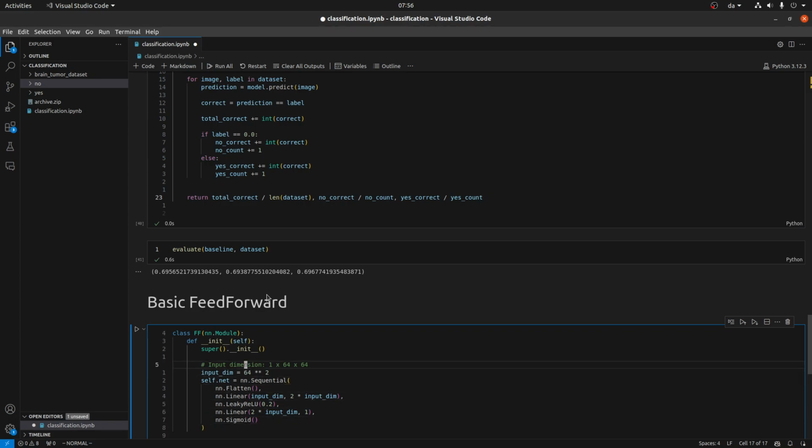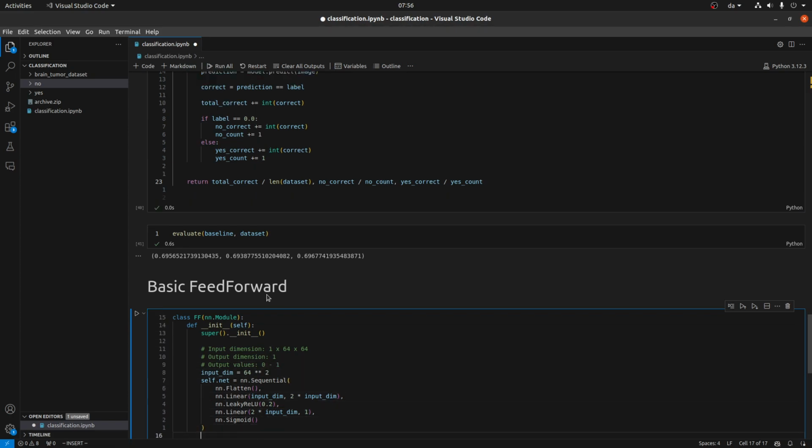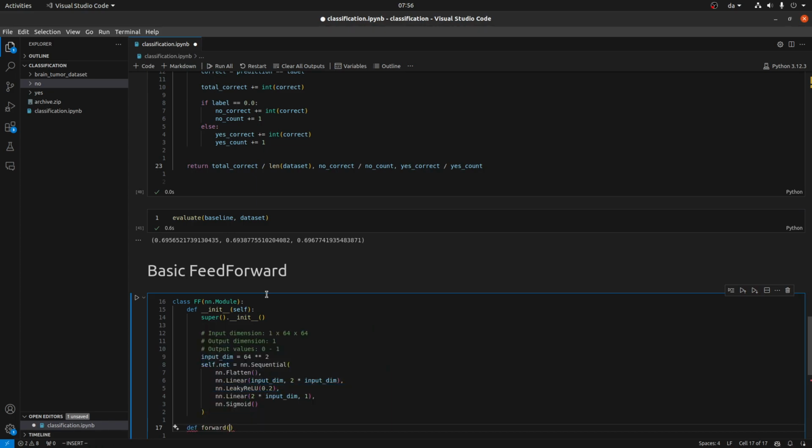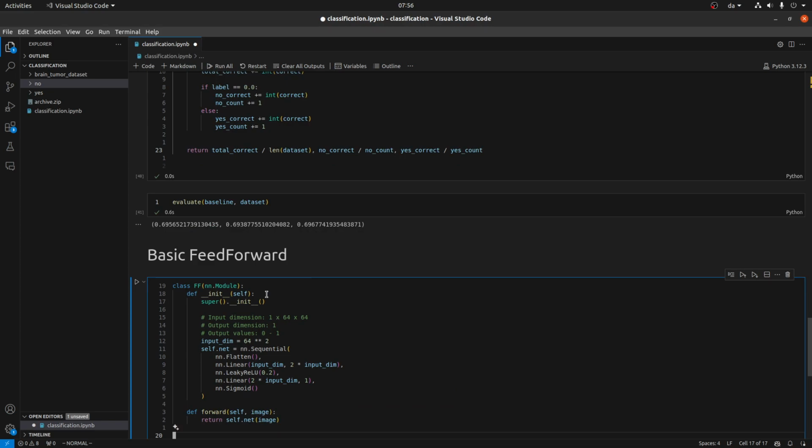So basically the only constraints are that the input dimension is this thing, the output dimension is 1, and also output values are between 0 and 1, because we are predicting a kind of probability that the image has a tumor. So now we can just run the network on the image, and that will produce